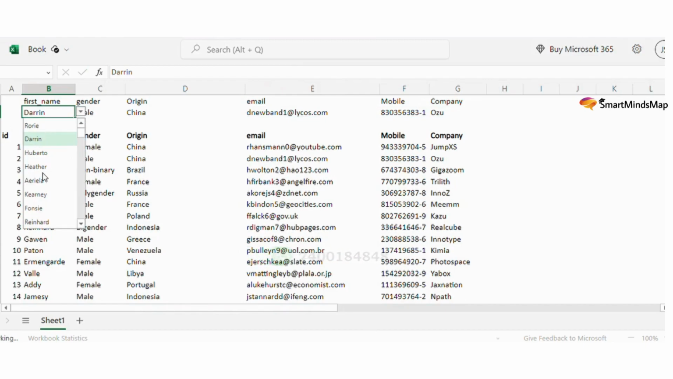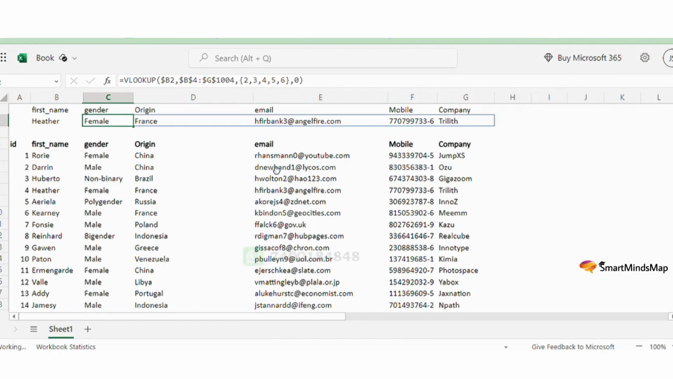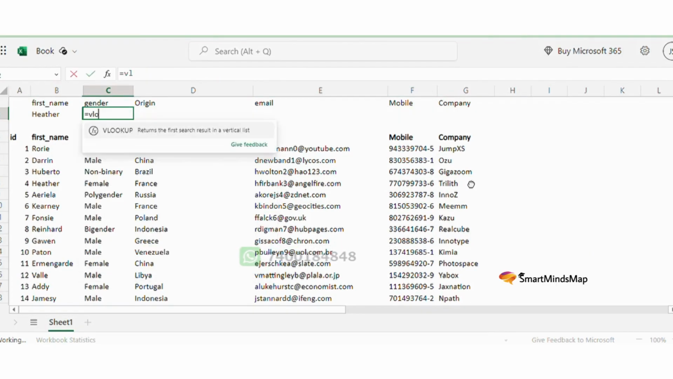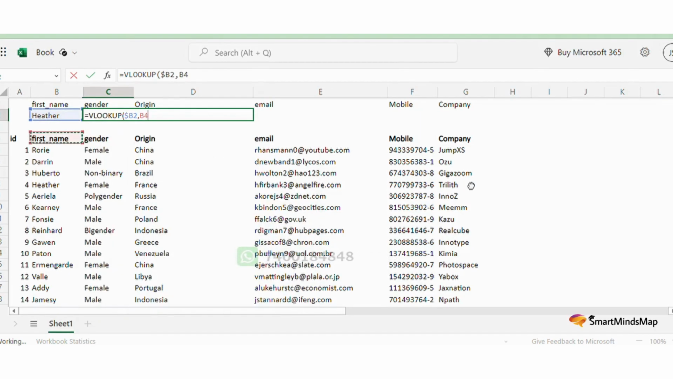Okay, now let's check if our formula is working. If you select a header, the details of the header are being populated. There is one more way of doing it. In case the headers are the same, is equal to VLOOKUP, our lookup value, press F4 to freeze the cell, select the table array,